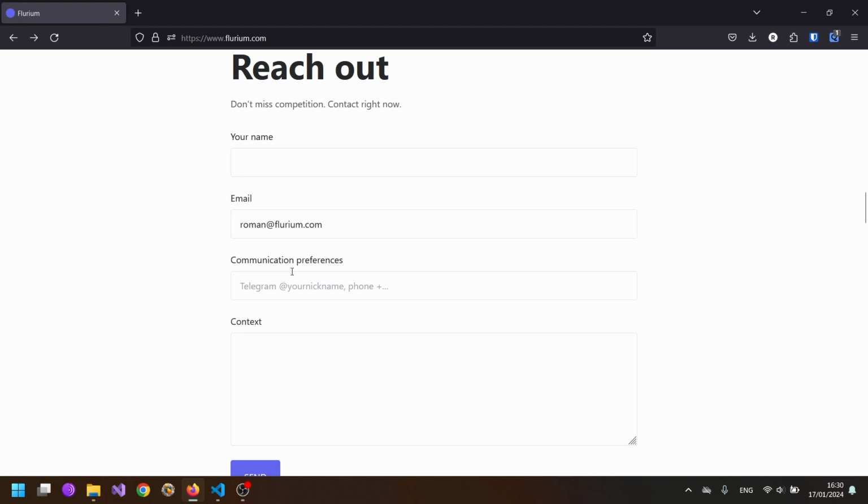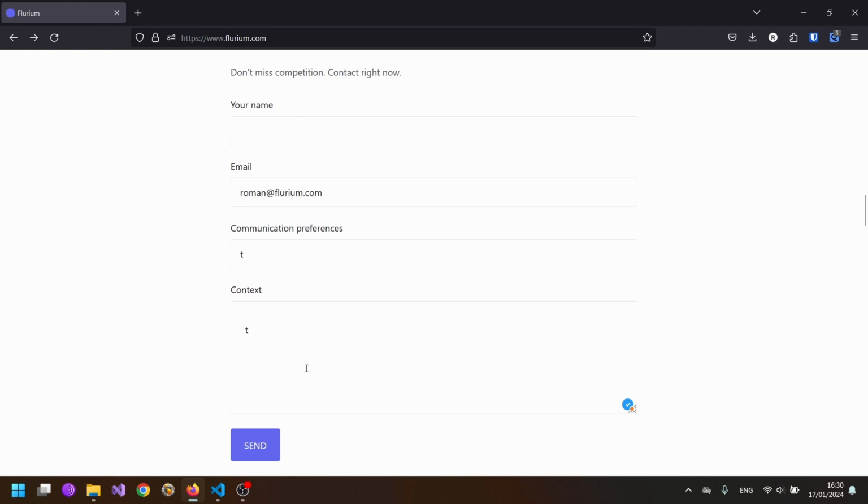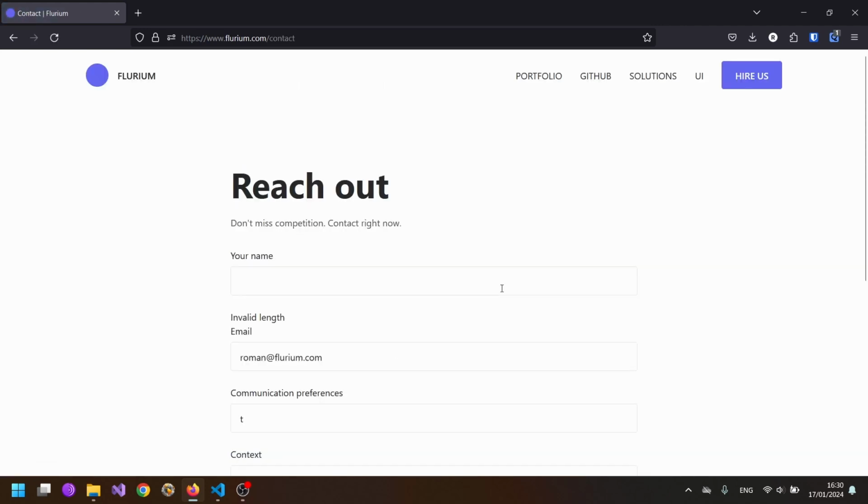So on the server we validate that our name is at least one symbol. So when we hit send, like the previous time, we are redirected to the contact page,